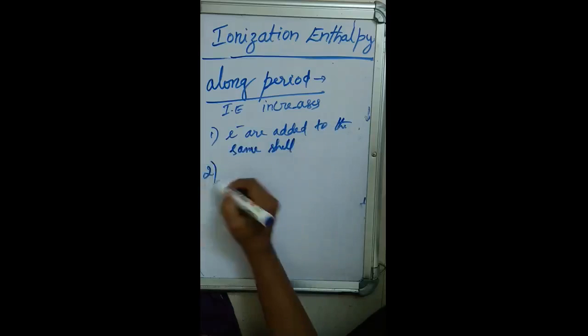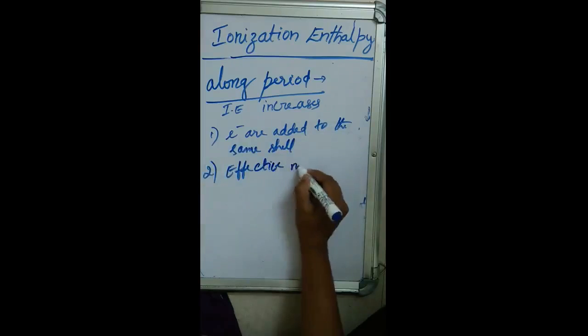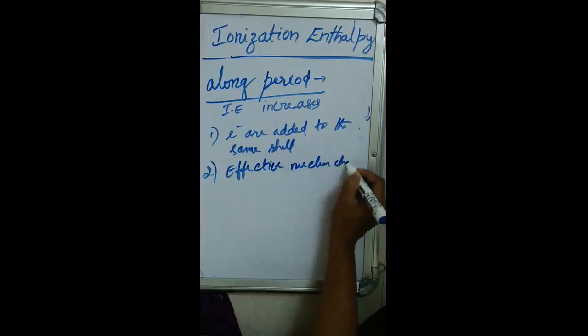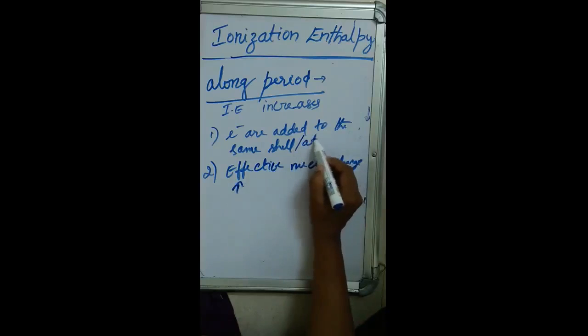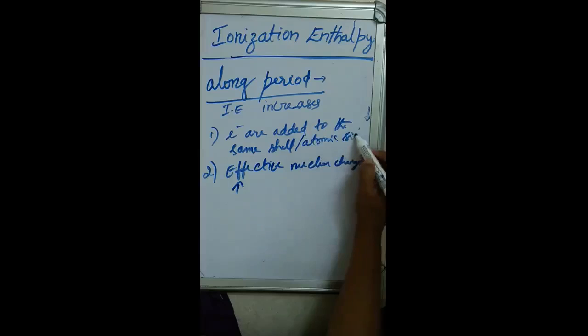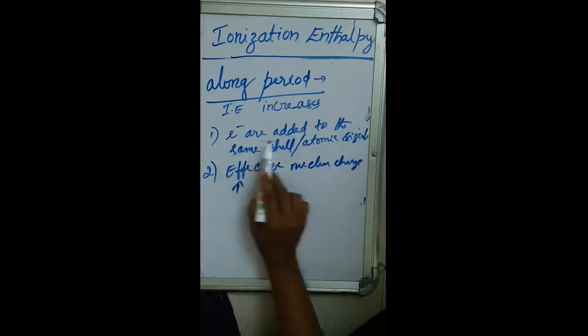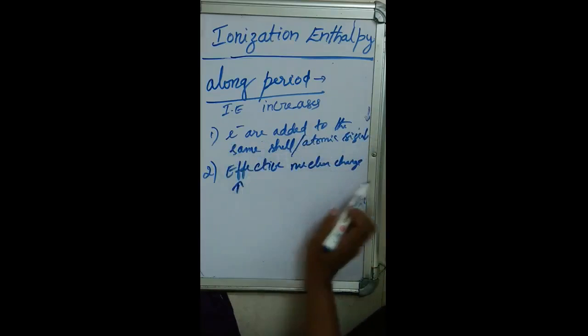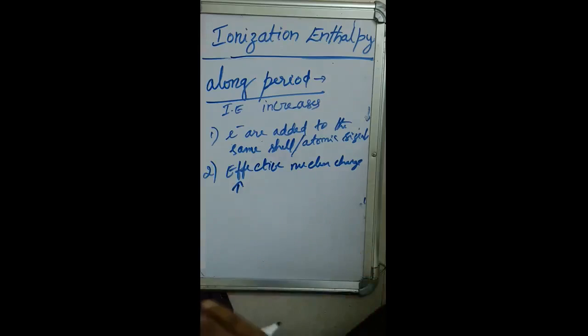Okay, so what happened? Effective nuclear charge increases. Here you can write, or atomic size decreases. Okay, atomic size decreases. This point also you can write. Or you can write electrons are added to the same shell. So effective nuclear charge increases. So what happened? Effective nuclear charge increases means, as we move from lithium to neon, the nucleus holds the